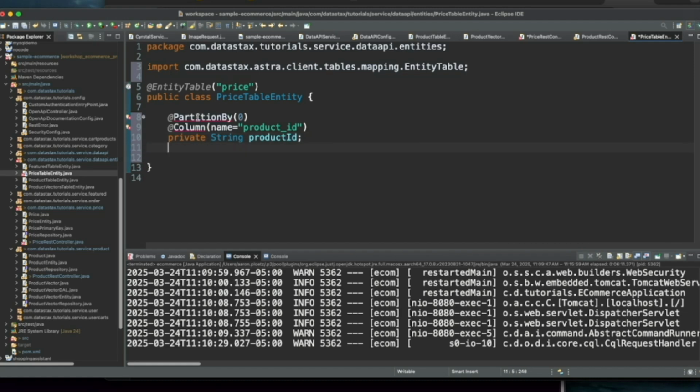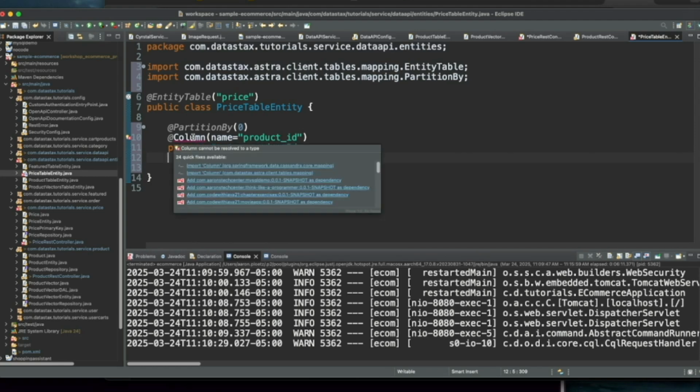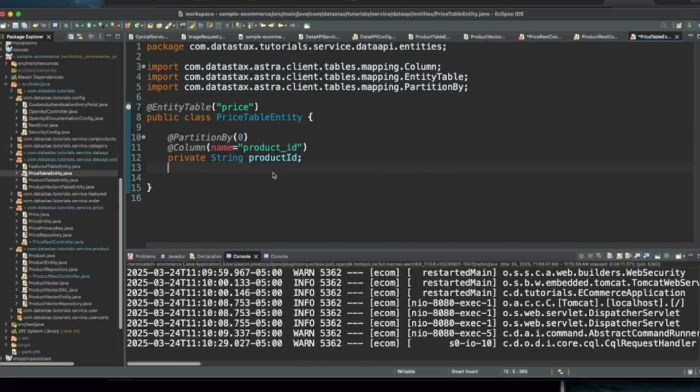Perfect. Now let's bring in partition by from that mapping library, and then column is going to give us a couple of options here. Now we don't want the one from the Spring framework. We want the one again from that Astra client tables mapping library. There we go. Perfect.